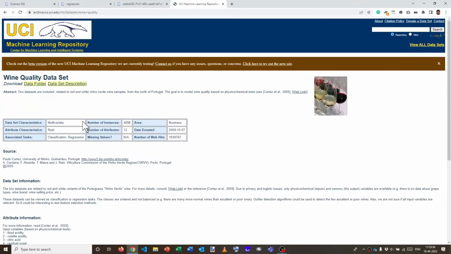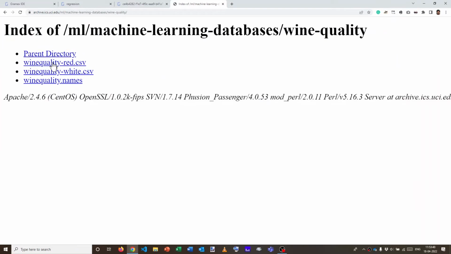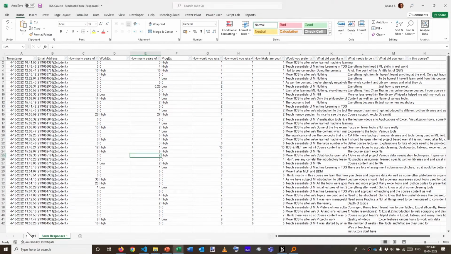Let's take a look at this data set. We'll go to the data folder. It has the qualities of red wine as well as white wine. Let's restrict ourselves for this exercise to only white wine. When we download that data set and open it,